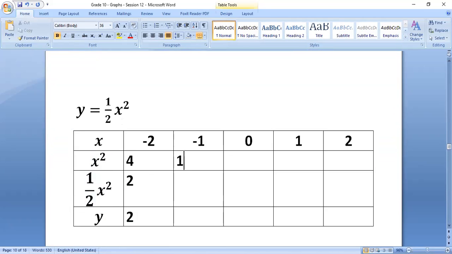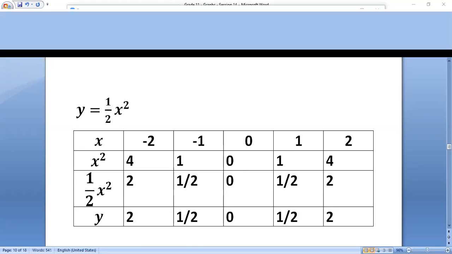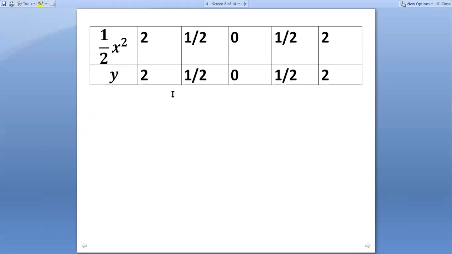-1 squared means positive 1. 1 divided by 2 is half. And here also you will get half. You can identify the pattern. 1 divided by 2 is again half, and here also half. 4 divided by 2 is 2, and the y value will be 2. Therefore, the coordinate pairs will be,